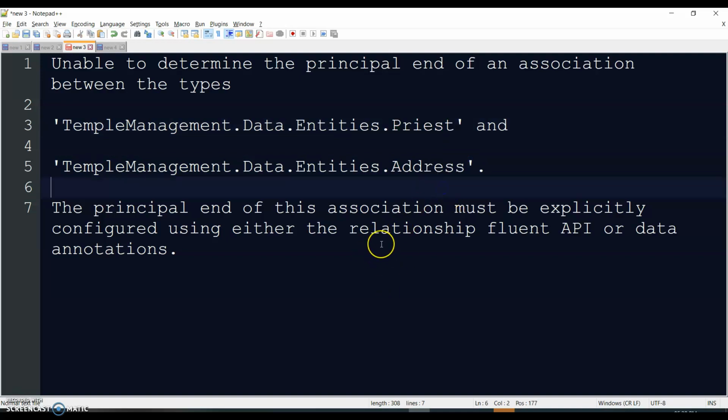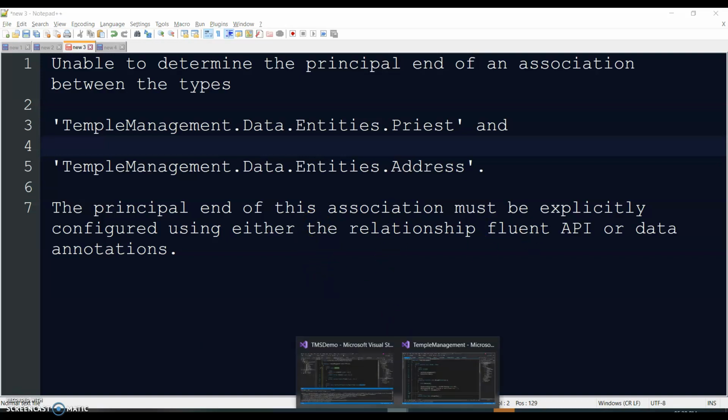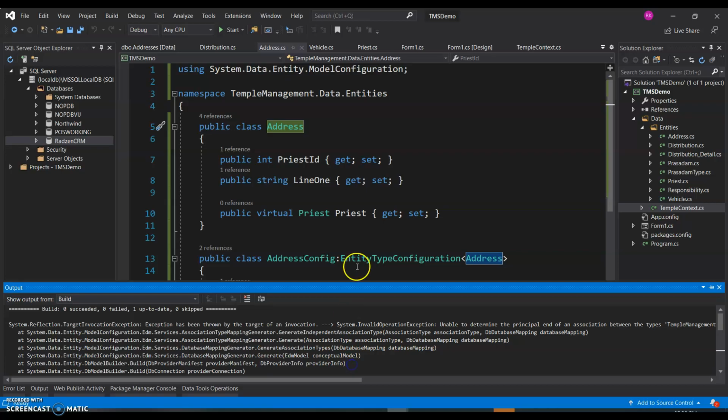So the entity framework says you need to tell me which is the principal and which is the optional out of these two. That is what it is telling. So we'll need additional configuration there. So this is the second problem in going with one-to-one. So if I come here, if I have to solve that problem, I can still do that.